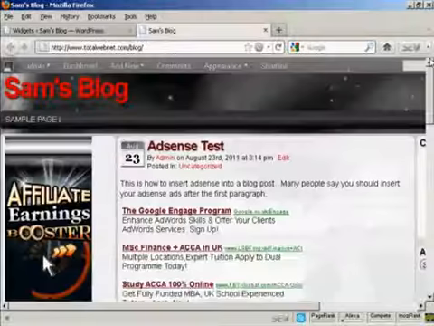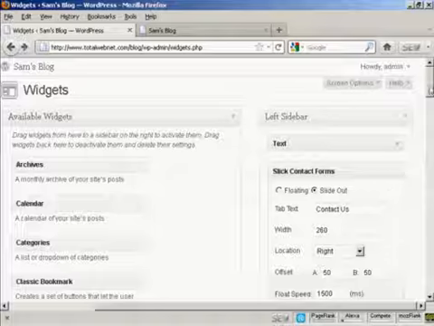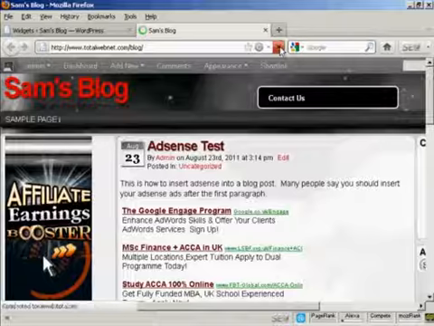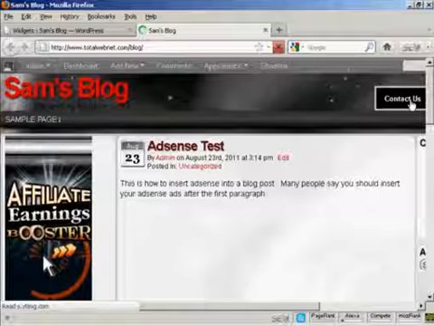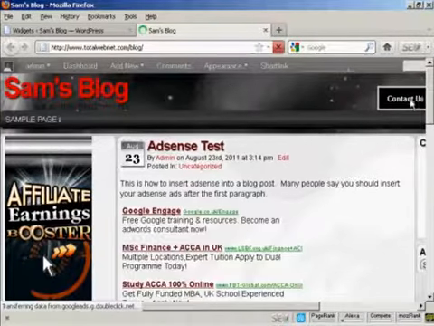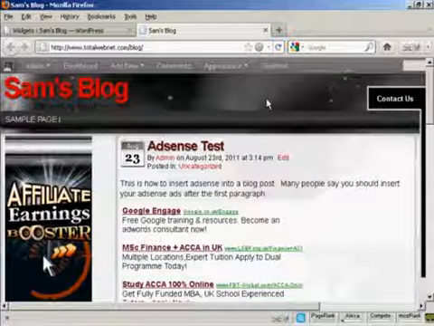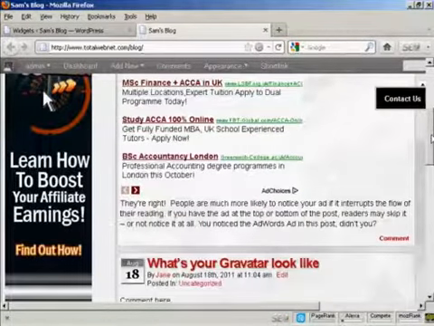Go back to the top and I'll show you something else. We go back to the widgets page. If I decide to have that as a slide out and then click on save and then refresh, you can see it moves over right to the side, and then when I click on it, it slides out like that, and I click on it again, it'll slide back in, and as I scroll down you can see